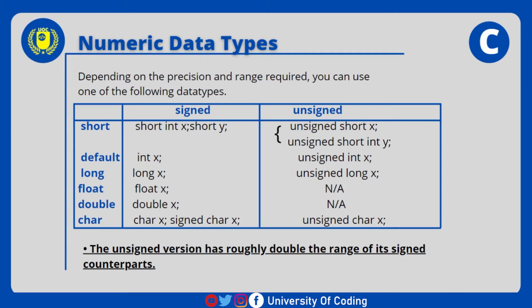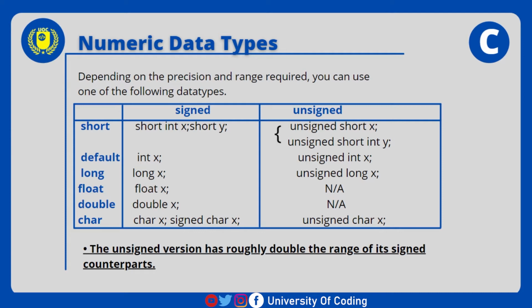So these are the range of values that the variable x, declared as a short, can take. If I declare that same variable as unsigned short x, then the same variable can have the values right from 0 to 65,535. So you can see the range is almost the same, but